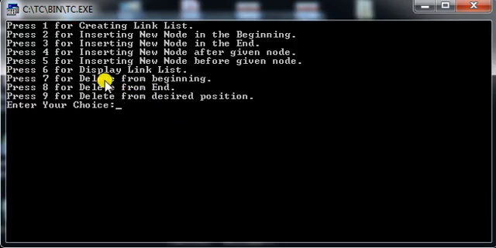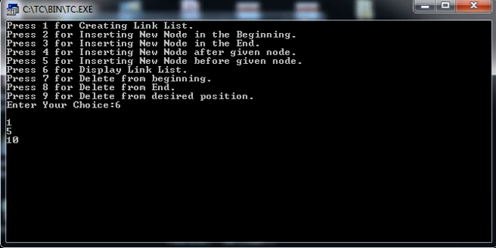In today's lecture we will focus on menu number 7, 8 and 9. But before that we must have an existing linked list, so we will create it. You can see 5 has been inserted into my existing linked list. Now I am inserting element number 1 in the beginning. You can see element number 1 has been inserted in the beginning. Similarly, I will add 10 at the end. So 10 has been added to the end.